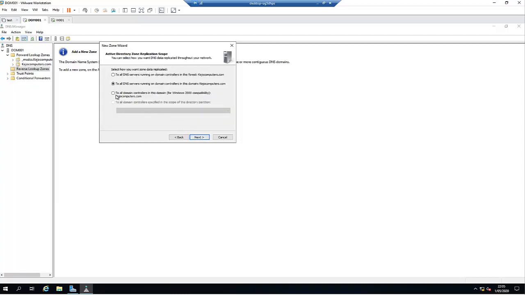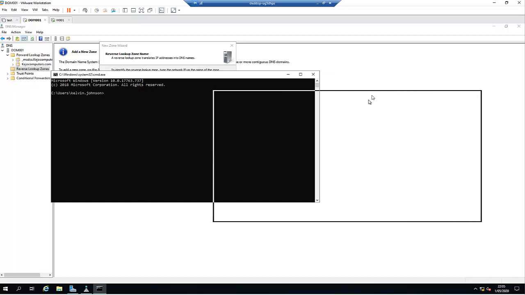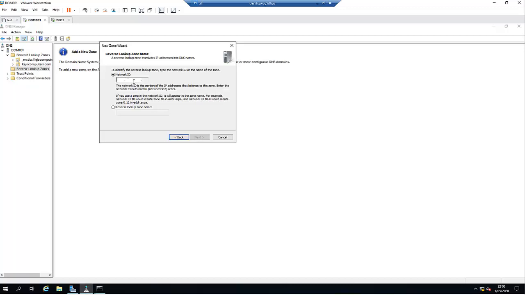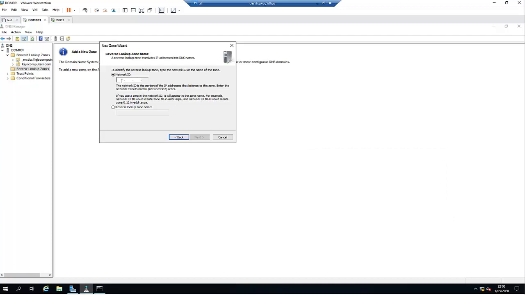It's going to be the primary zone, and here we can say to all DNS servers running on domain controllers in this domain, and it's going to be IPv4. So what you actually need is the first three octets of the IP address. So let me go to the command prompt, and here we'll search for what the IP address of this is, and here we can just put in 192.168.172. And click next,